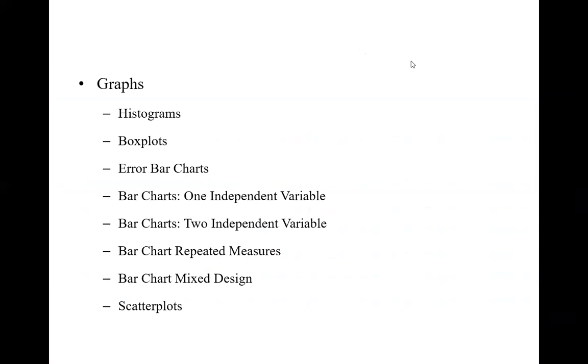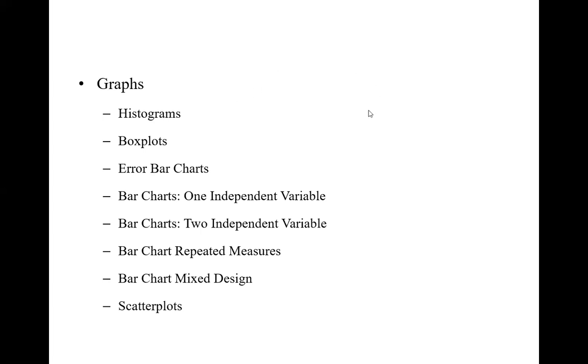Exploring graphs. There are many types of graphs like histogram, box plot, error bar chart, bar chart with one independent variable, bar chart with two independent variables, bar chart with repeated measures design, bar chart with mixed design, and scatter diagram. Sometimes we need a histogram, sometimes a box plot, error bar chart, or scatter diagram, and we should show our data with analysis also.